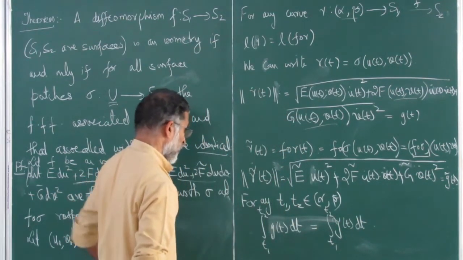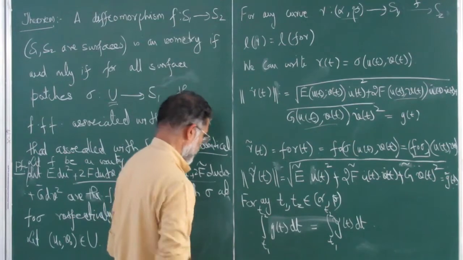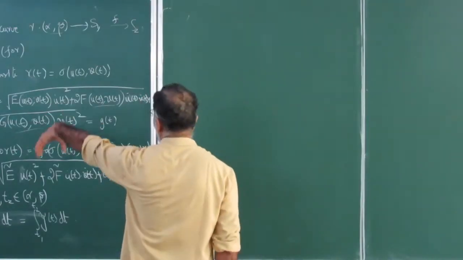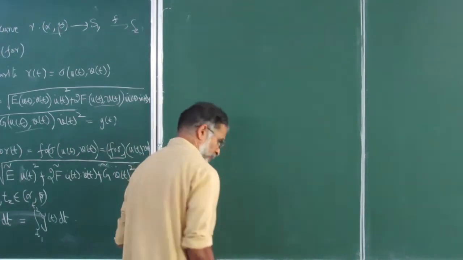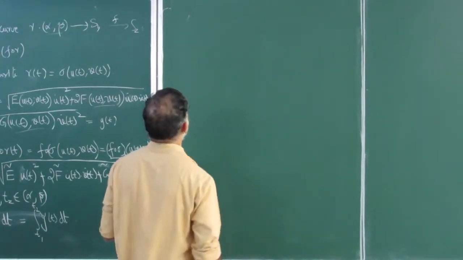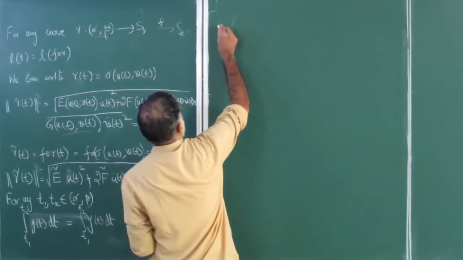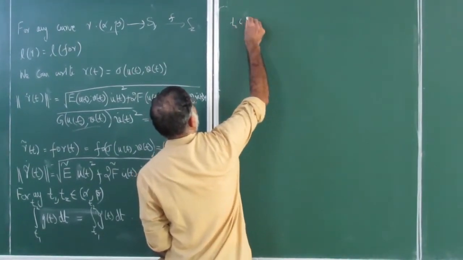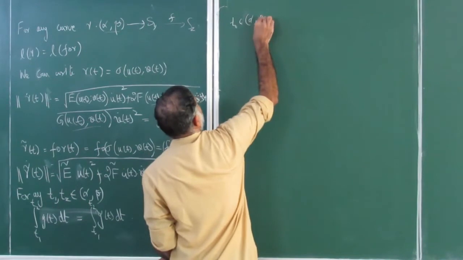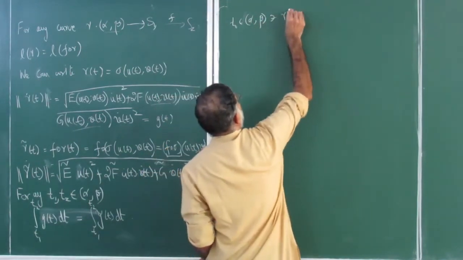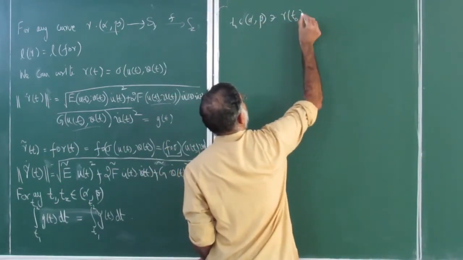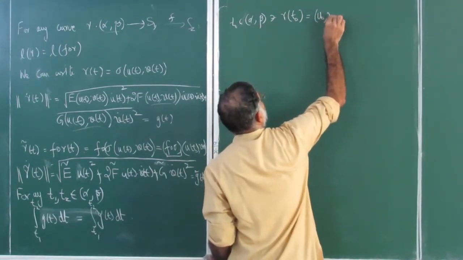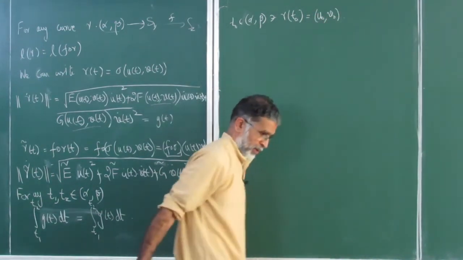Okay. So now we have to analyze this. So far we took an arbitrary curve and did this, but we are yet to come back to what we want. So now we assume that we take a gamma such that there is some t naught in alpha beta such that gamma t naught is equal to the point that we started with. Ultimately we have to reach there.